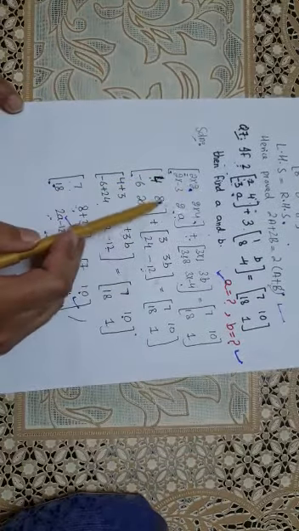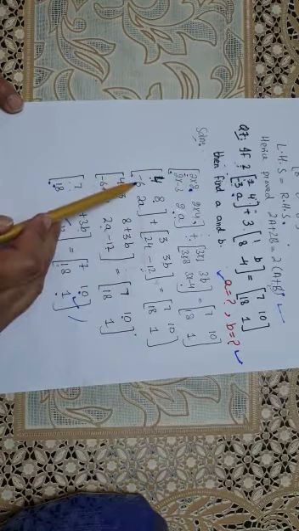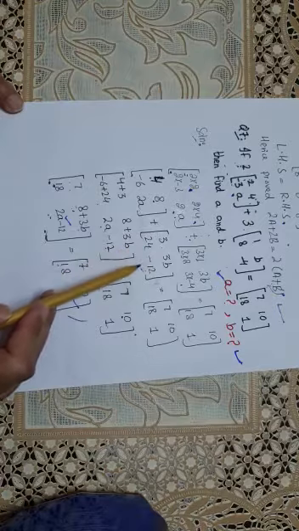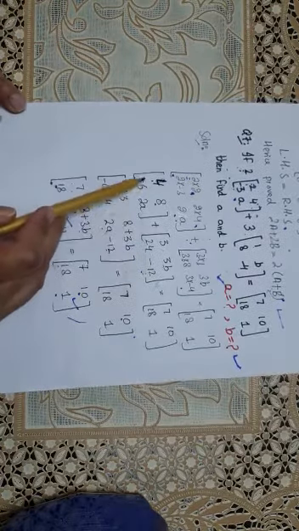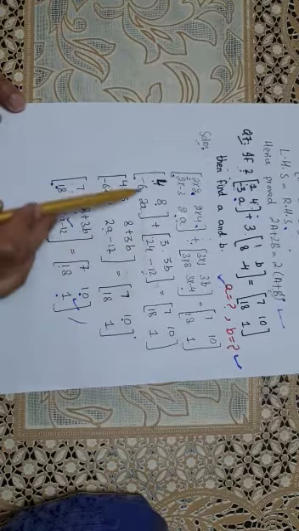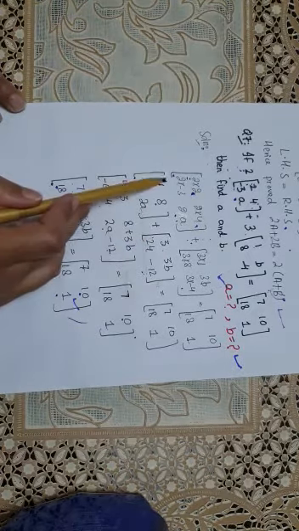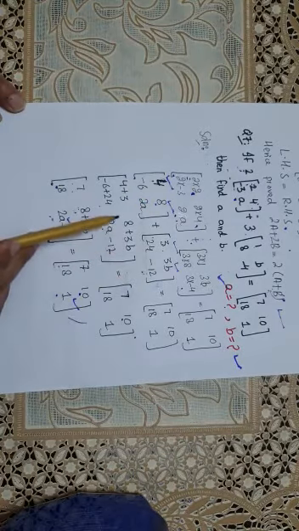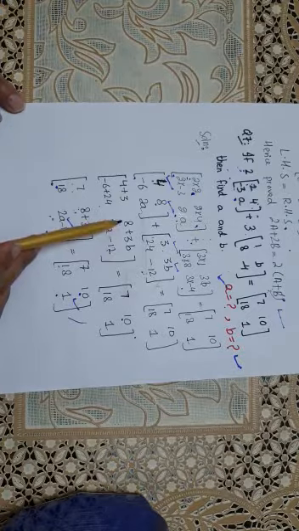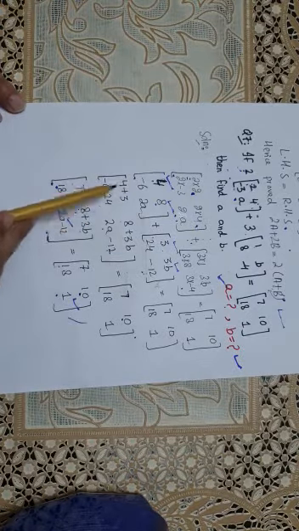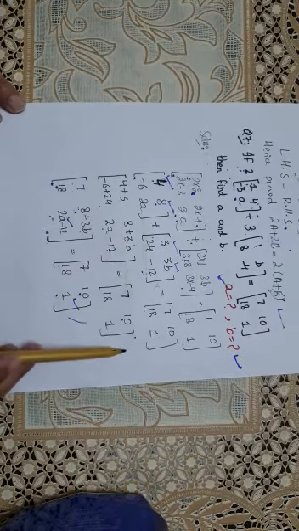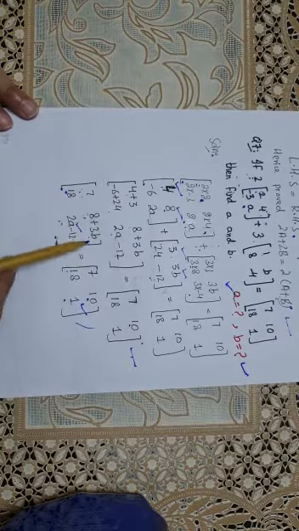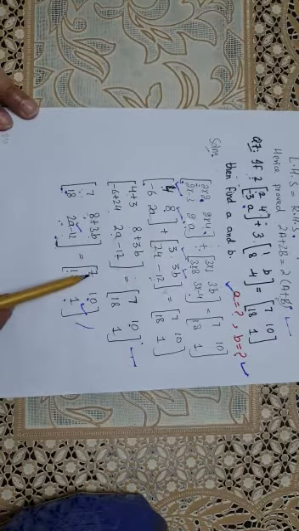2 multiply 2, 4, 2 multiply 4, 8, 2 into minus 6 and 2 into a, 2a, plus 3, 3b, 24 minus 12. Here we see that these two matrices will be added. Corresponding elements will be added. 4 plus 3, 8 plus 3b, because 3b will not be added into 8, so it will be written as 8 plus 3b. Minus 6 plus 24, 2a minus 12. This matrix will remain the same. To solve this matrix, 4 plus 3 is equal to 7, 8 plus 3b, 18, 2a minus 12, and on the right 7, 10, 18, 1.